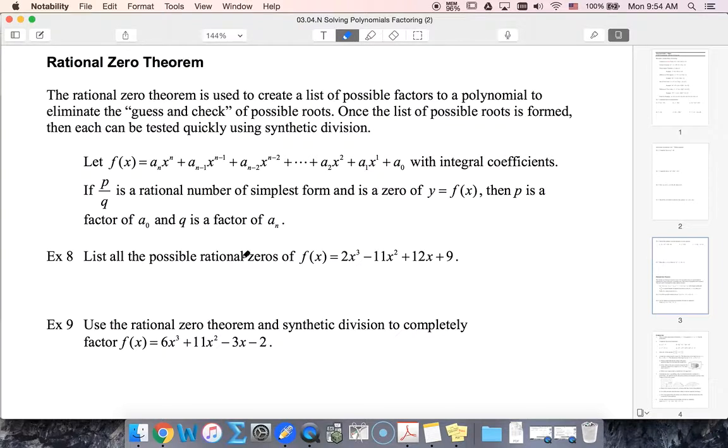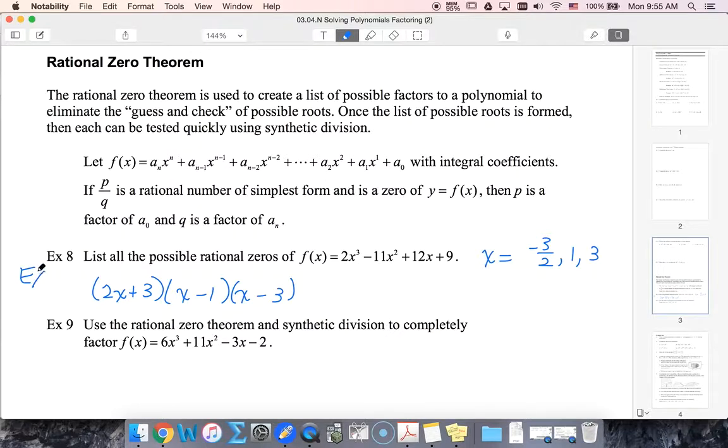if I was going to figure out factors to multiply this out, there's going to be at most 3 linear factors. One of them would have to start with 2, and these 3 values together would have to multiply to make 9. So maybe I could have 3 and then -1, -3 as a possibility. Well, if I look at this, that means that I would have x values of -3/2, +1, +3. So factors of 9 divided by factors of 2. So all possible rational zeros,